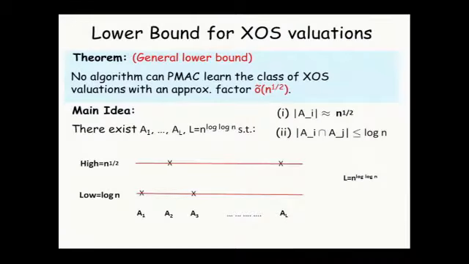The cardinality of each A_i is about square root of n, and the cardinality of the pairwise intersection is upper bounded by log n for each pairwise intersection. And this can be easily shown just by constructing each set A_j by adding probabilistically each element of the ground set, say with probability 1 over square root of n, to that set, and then we get these properties. Now, given this